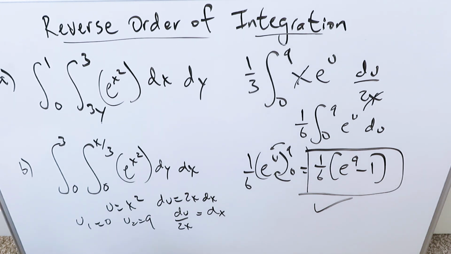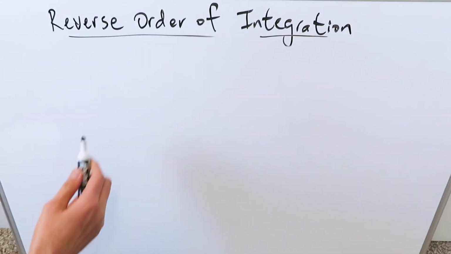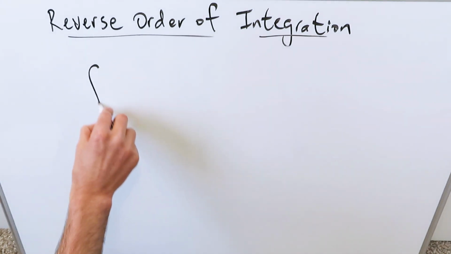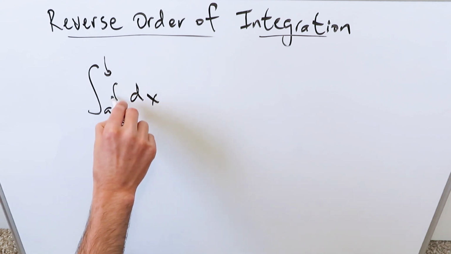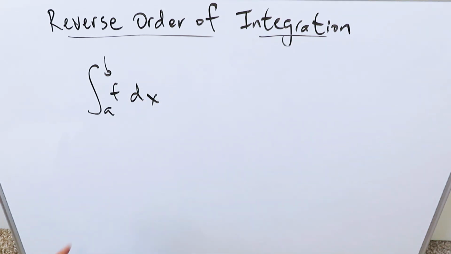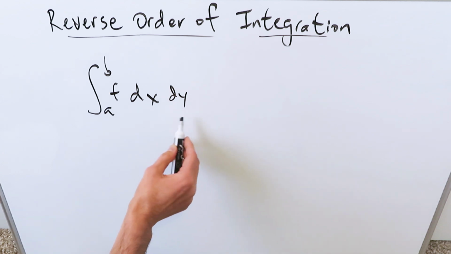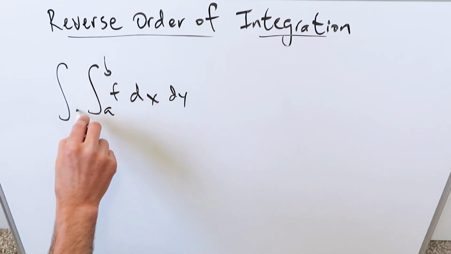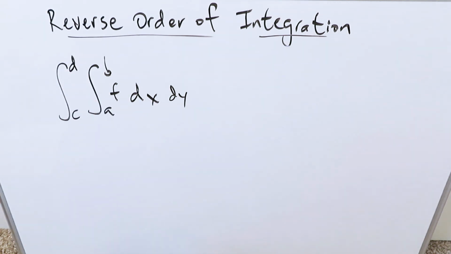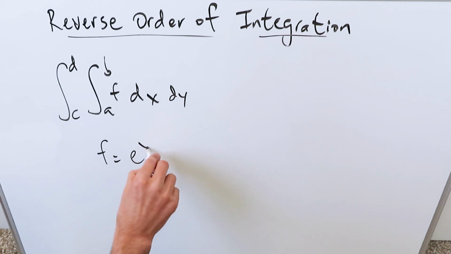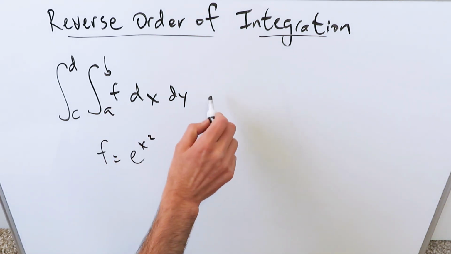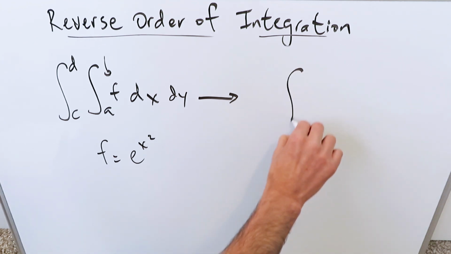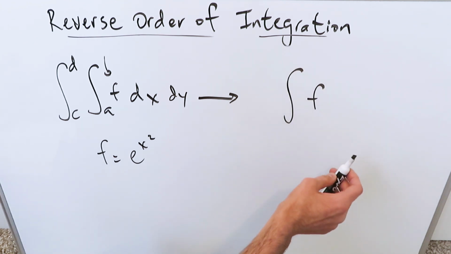Before we close out, I'll just show you the gist of what we have done. In this video, generally speaking, we had something which looked like this. We were looking at a certain function, we'll call it an f. We are to integrate it first dx, then follow it by a dy, because we were looking at double integrals, and our limits were these. You know what the function was. In this video we had the function e to the x squared, and it has no elementary antiderivative, but this is what we had. What we did was reverse the order of integration such that we kept the function, nothing else changes,